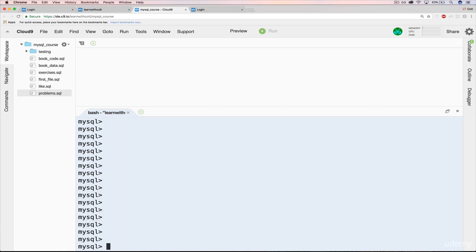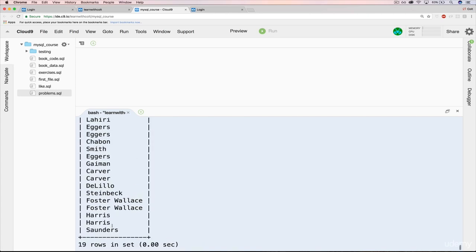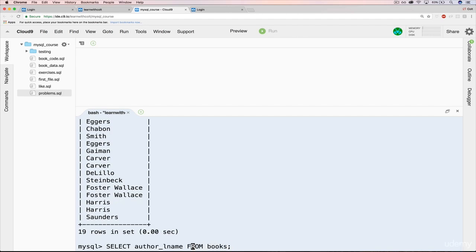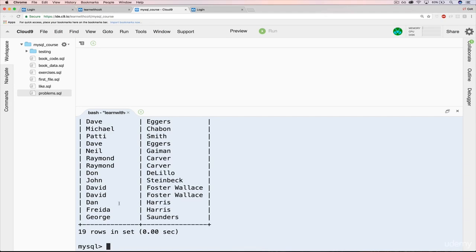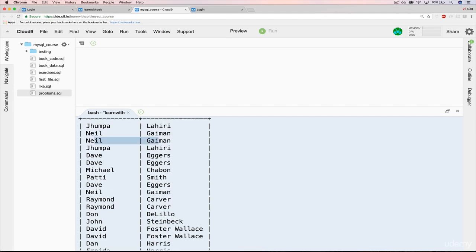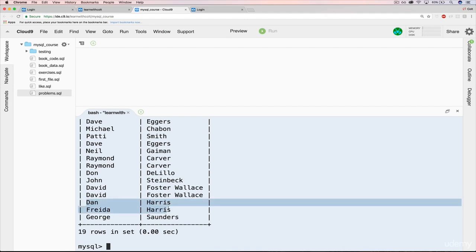There's one more advanced thing that I want to talk about here, which has to do with when we did our select. Let's start again with author lname from books. When we did this, remember, actually let's do author fname and lname. So when we did this, remember we have Neil Gaiman twice and Dave Eggers and so on, but then there was Dan Harris and Frida Harris, two different people, two different authors with the same last name, which is a pretty common situation. So when I do select distinct author lname from books,